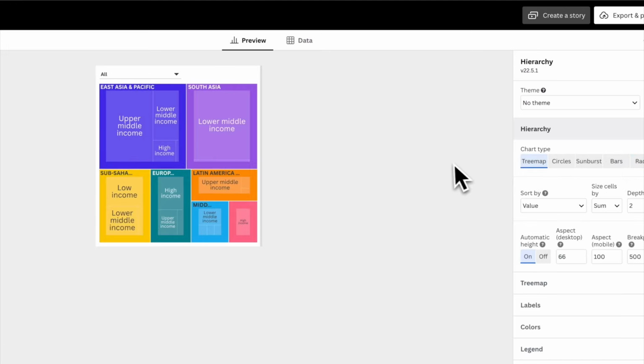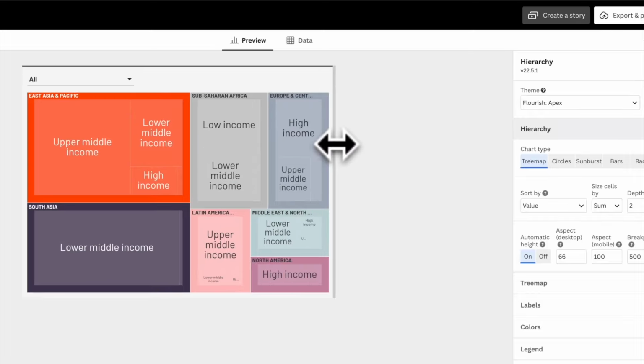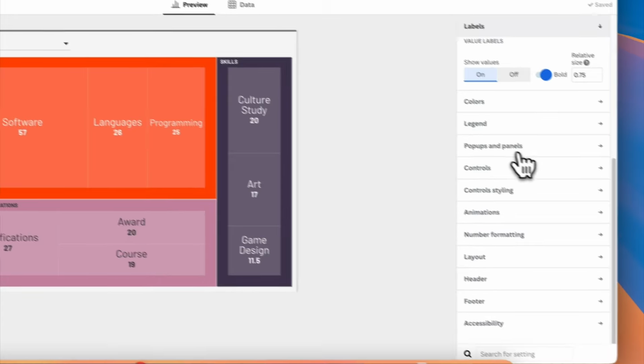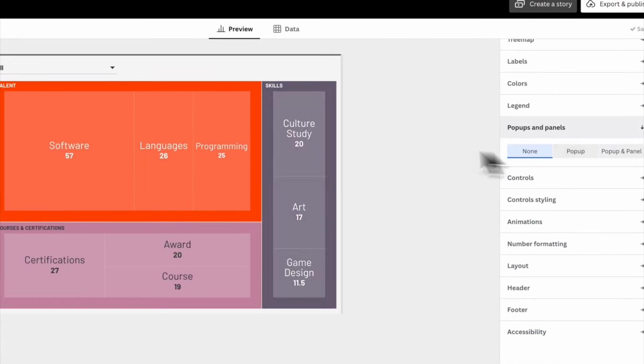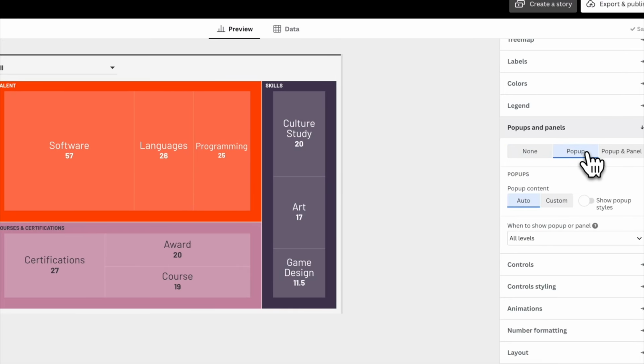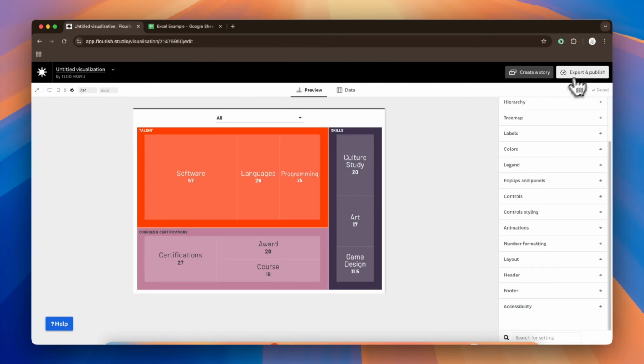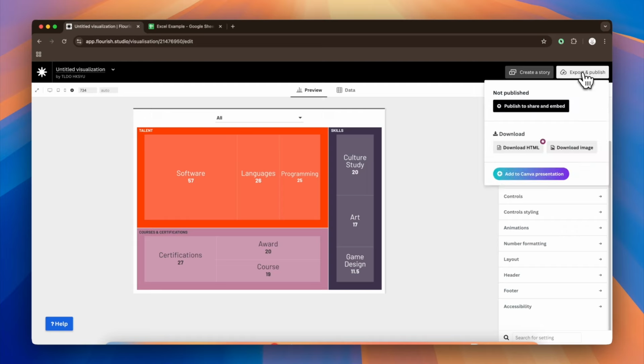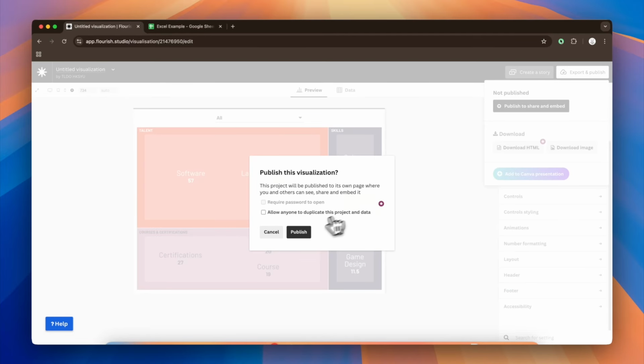For data importing and customization, the process is pretty much the same, so I will skip this part. The key difference here is in the pop-ups and panel settings. I've turned on auto pop-up content, so when you hover over an element, relevant information will appear automatically. Once you're satisfied with your charts and have created everything you need, it's time to move on to the next